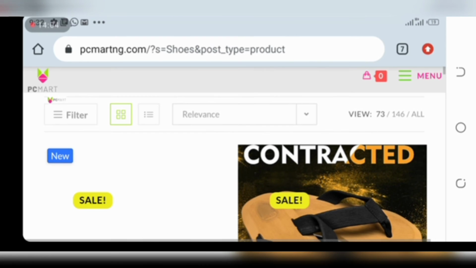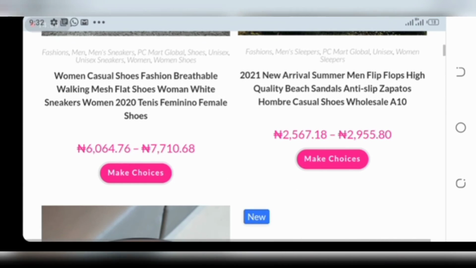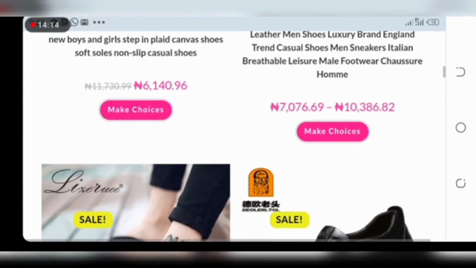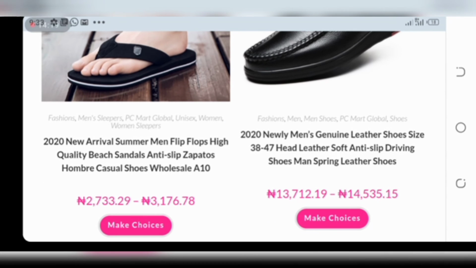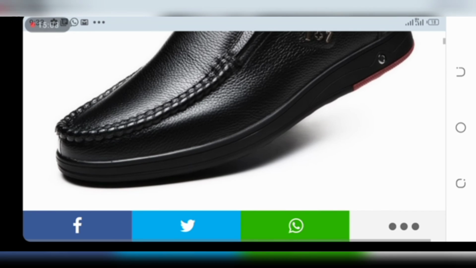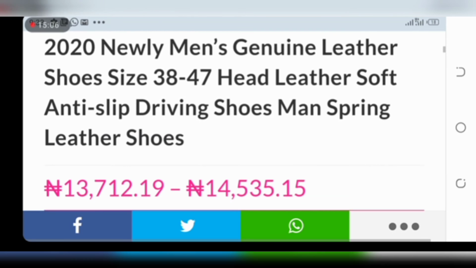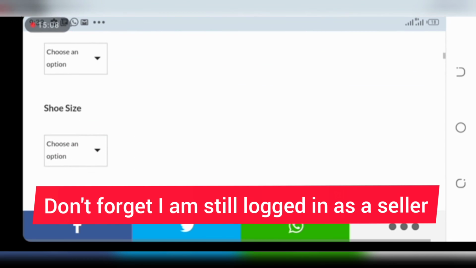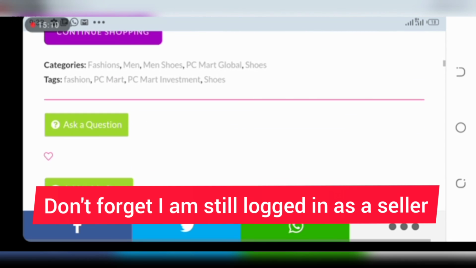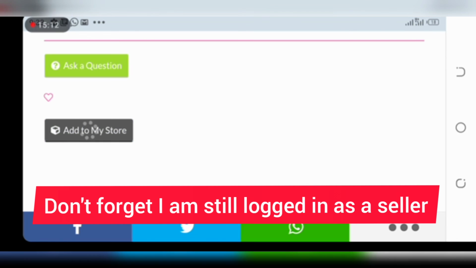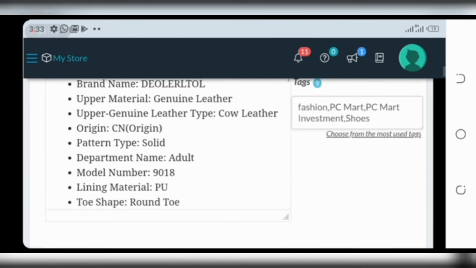I will just need to search through to find which one fits me most. Yeah, let's assume I want this 2020. I click on it, then you see I'm going to see the option of add to my store here. So once I click on it, it will be imported.